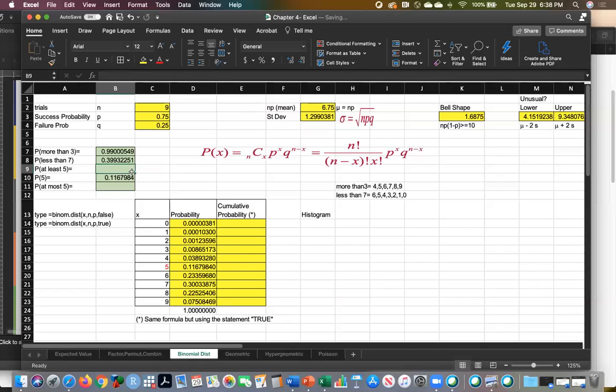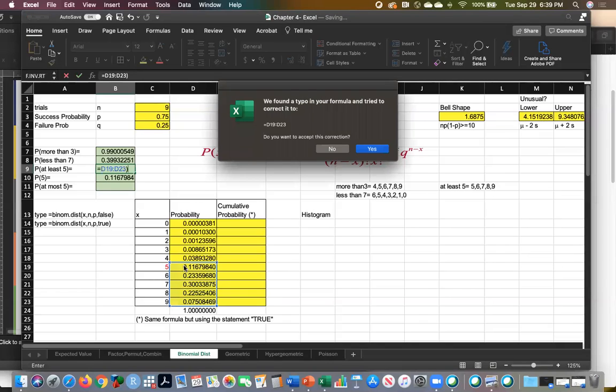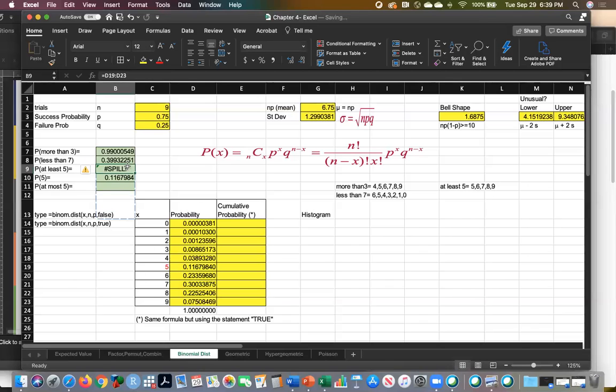So if I want to find at least 5, at least 5 means 5, 6, 7, 8, 9. Okay. So at least 5 includes the 5. So I'm going to do equal 5, 6, 7, 8, 9. Okay. So I made a mistake. The sum of